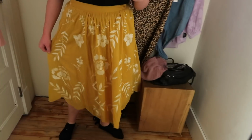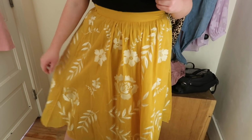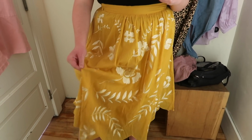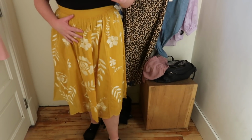This one was really cute. I love the design. I love marigold. Obviously, if you've watched any of my recent videos, I am stocking up on marigold. So I thought this was really cute. It has really nice floral embroidery. It is a midi length, so this goes down pretty far. I did kind of feel like a Sunday school teacher, but I know a lot of people like that length